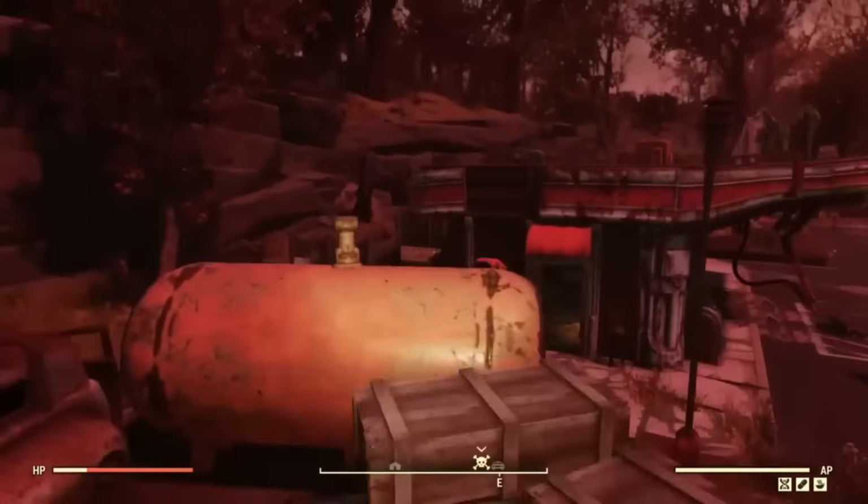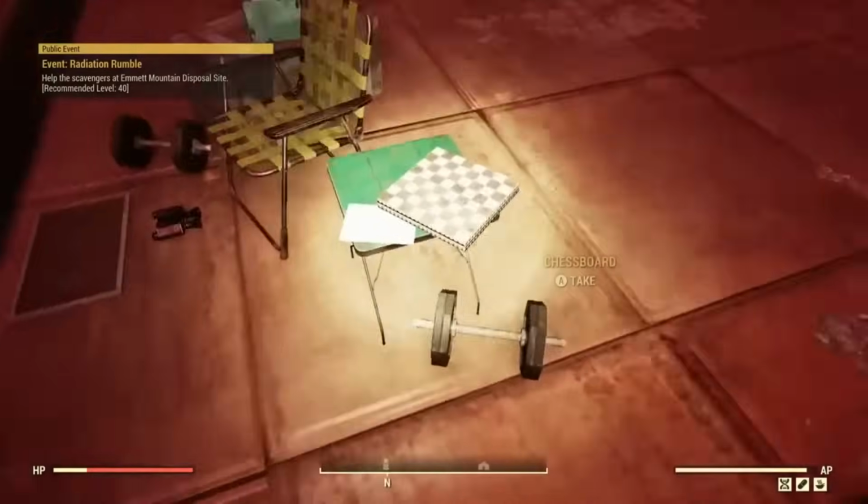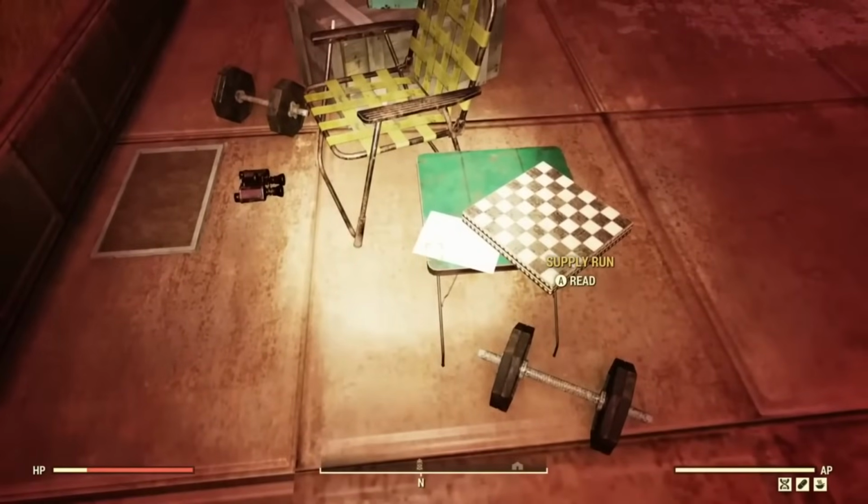states it's inaccessible, but actually it's not. We can get a hint that it's not by going over here to the top of this Red Rocket gas station. Up here we can find a note called Supply Run, and here's what it says when you go to